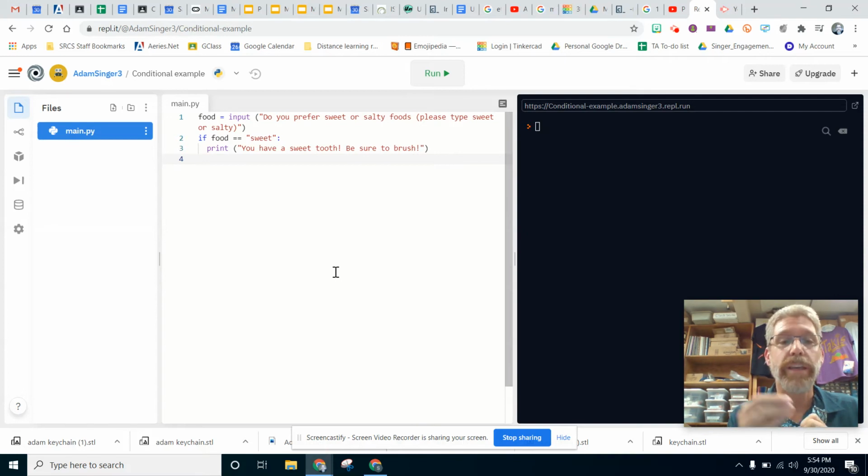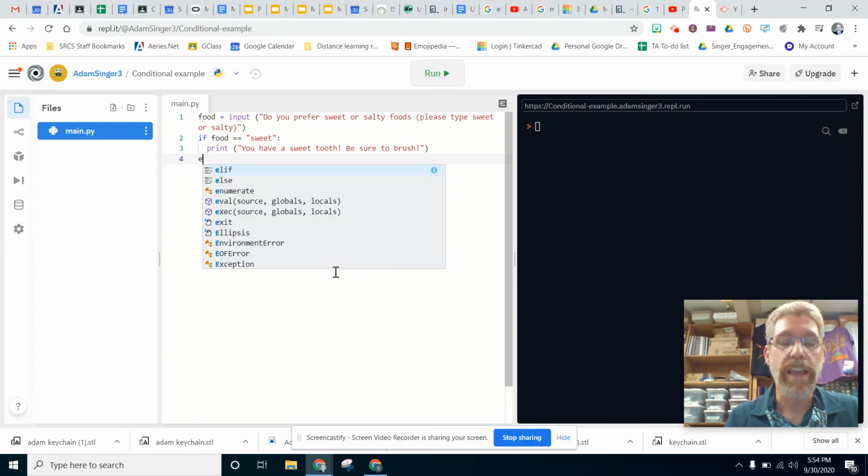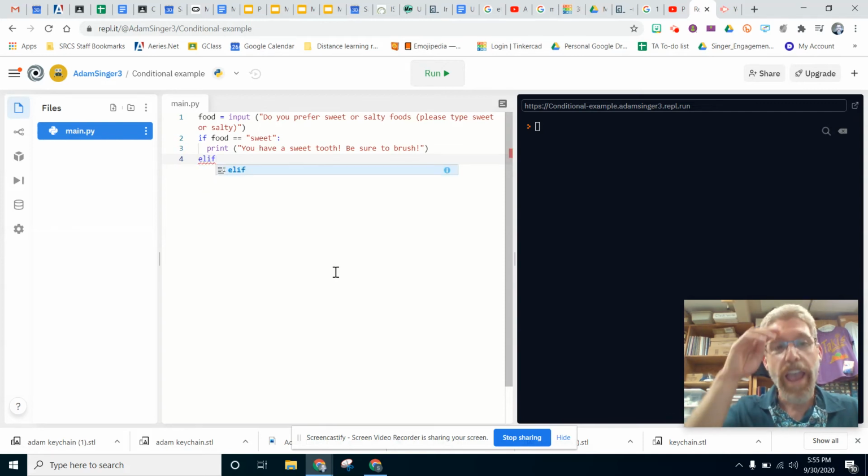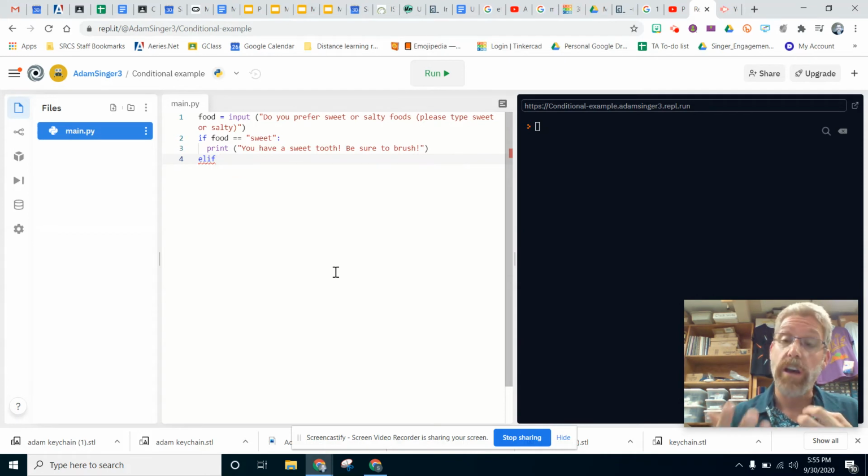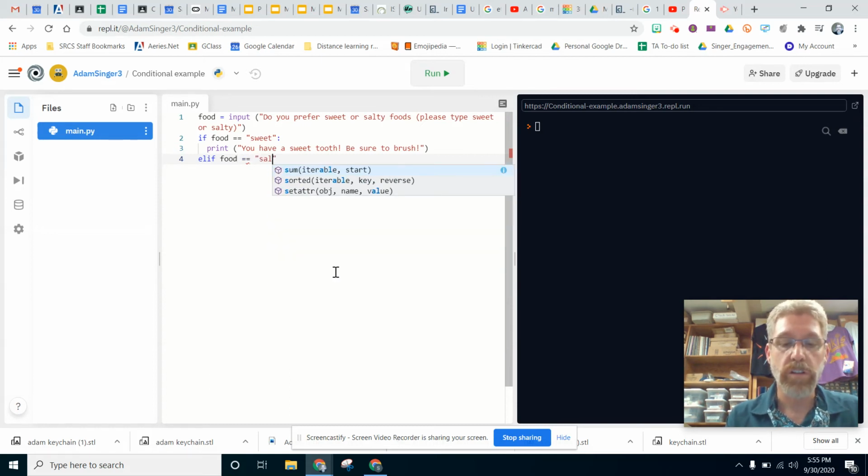So I want to do something else if they typed in salty. And to be able to check to see if they typed in salty and still be part of this, I have to type in elif, else if. So if the first one wasn't true, then else if or elif tells us, hey, could you check this other option for me? So else if the food equals salty,